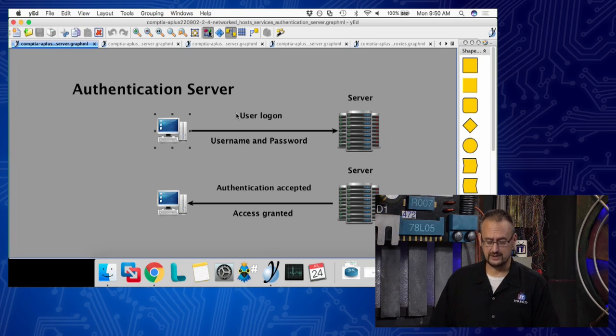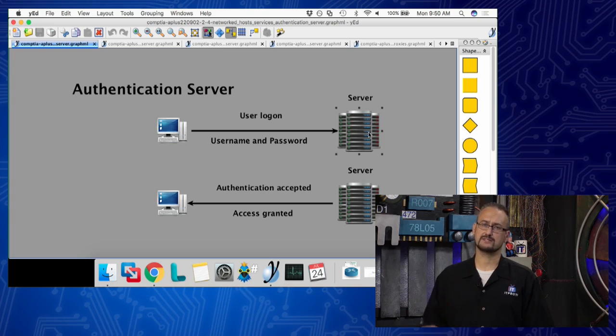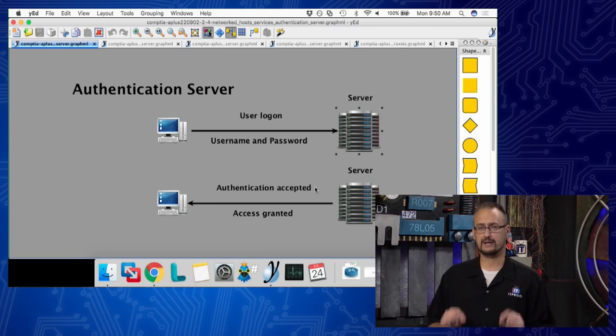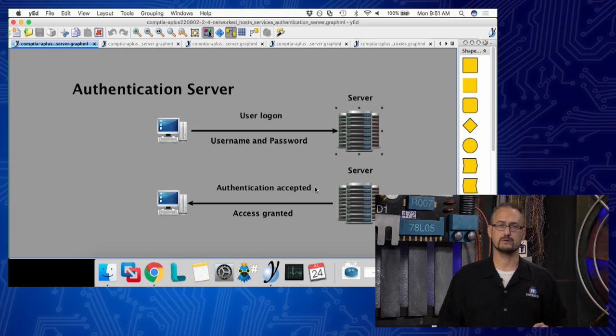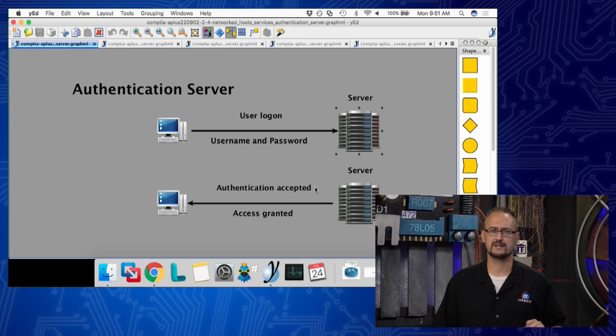So in this case, an authentication server essentially has a database, just a little bit of storage on the hard drive, and it contains all of the user accounts for every user within the network. And the good thing about this is, when we say centralized management, it means that if we have multiple clients on this type of network, a user should, in theory, be able to log in to any one of those client computers. Since the client computer is just going to hand off the authentication to a server that's providing that service, we don't need to manage and maintain it decentralized like we would in a peer-to-peer group. So that's a little bit about your authentication server.